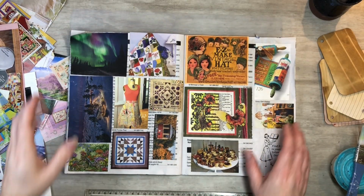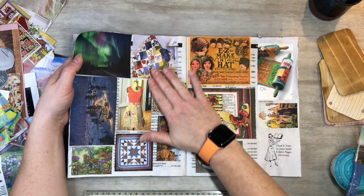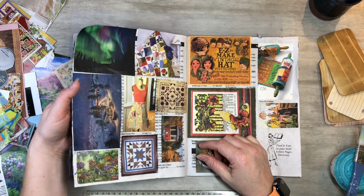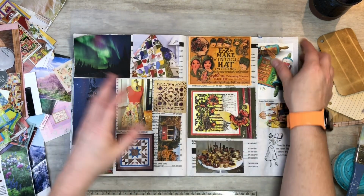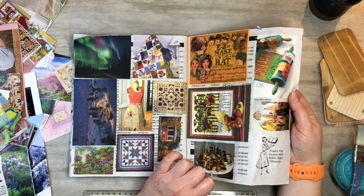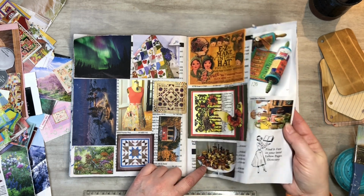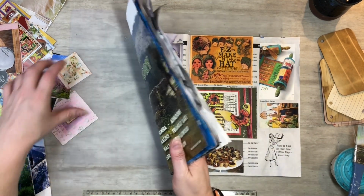All right, so you see here, I went ahead and added the no shine solution here, and you can see no shine. And if there is any, it's only a little bit of shine, and it's really not that bad. It's kind of fun. It just gives it a little texture. But yeah. Okay, now